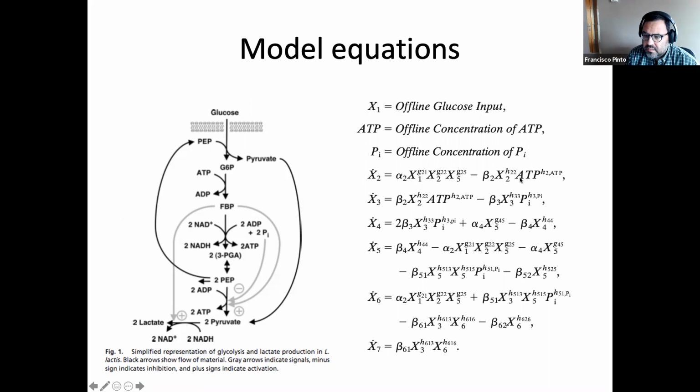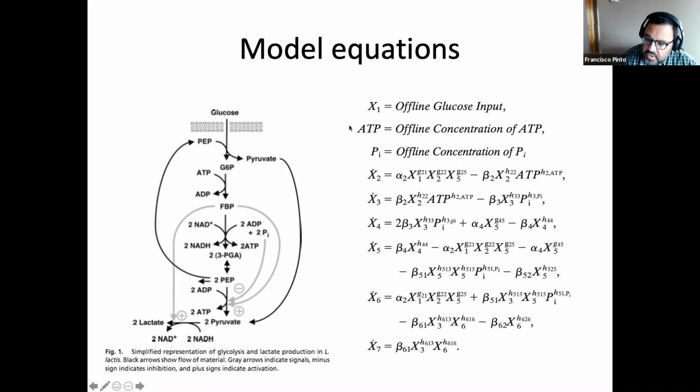And these equations are written in a way that we are going to talk about later, that is generalized mass action. So mass action is the most common way to write rates of biological processes and chemical processes. It actually comes from chemical kinetics, these laws of mass action. In this case, they are generalized because in classical mass action